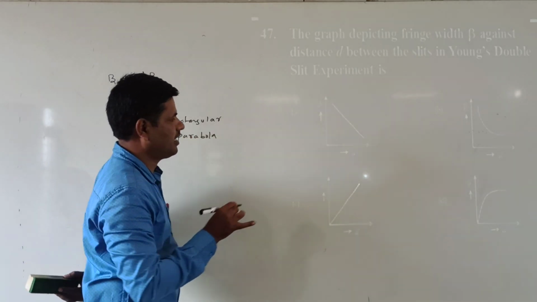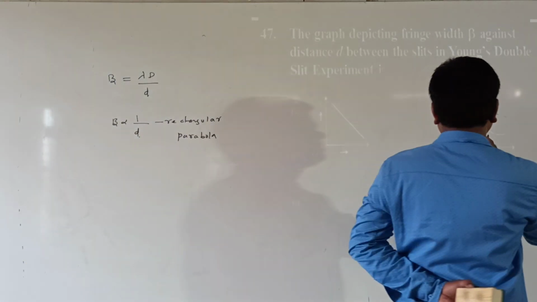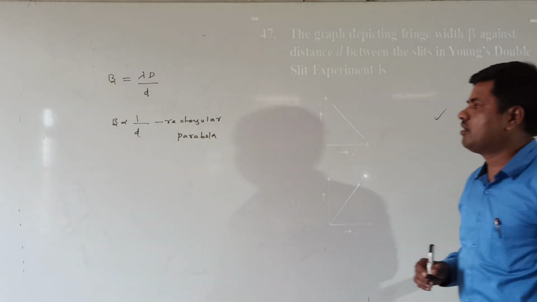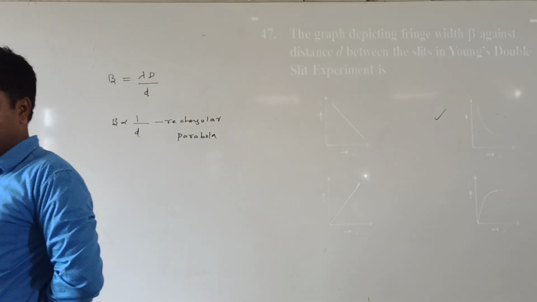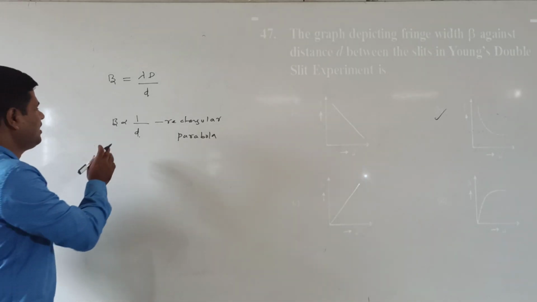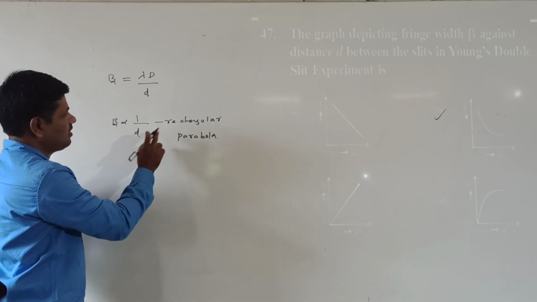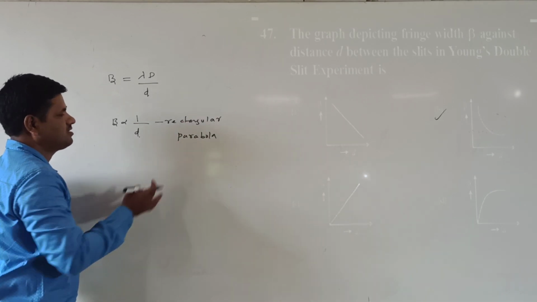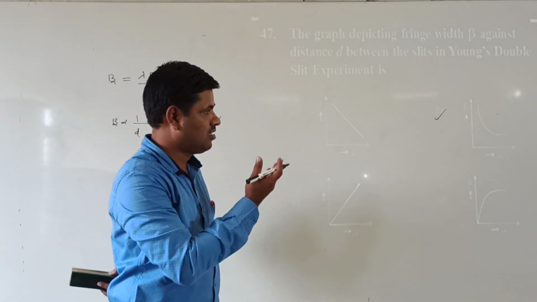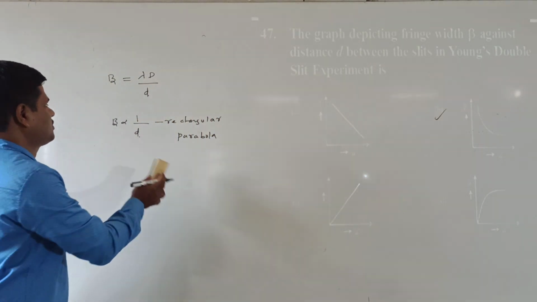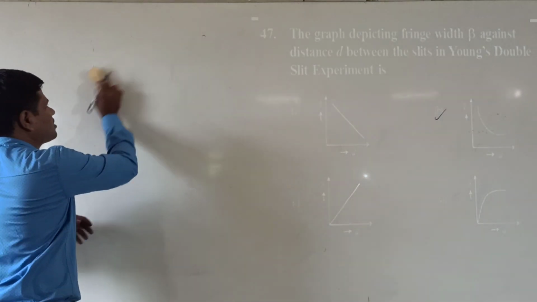Which graph here is the rectangular parabola? This graph is called a rectangular parabola. So which option is correct here? B option is correct. Why? Because beta is inversely proportional to the distance between the two slits, and inversely proportional means the graph is a rectangular parabola. The rectangular parabola graph is in the B option. Next we go to the question number